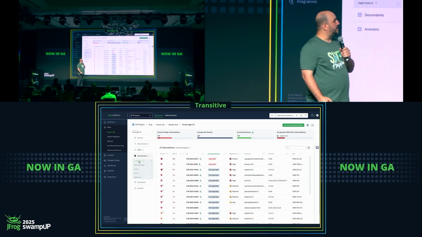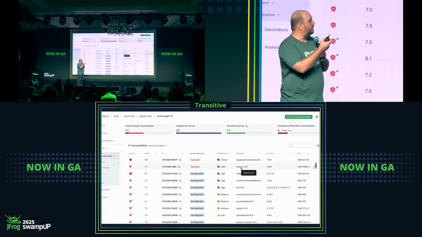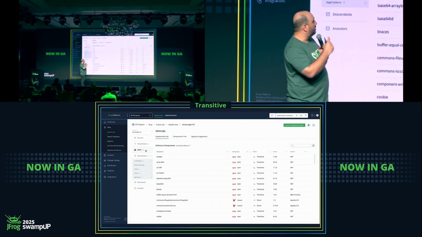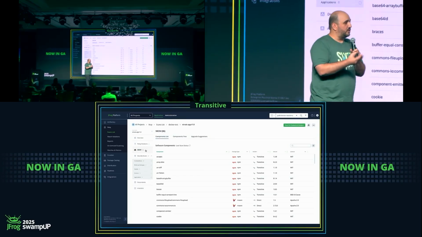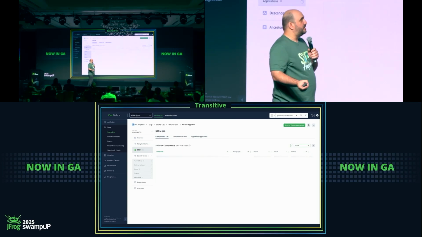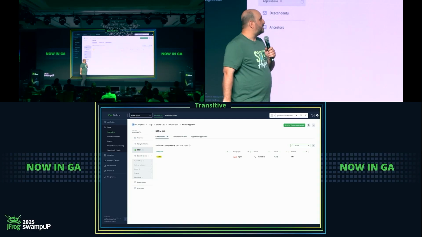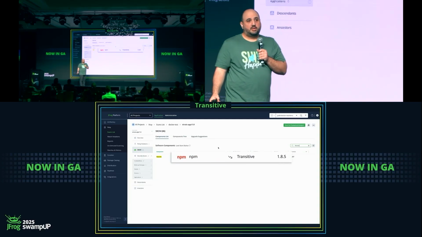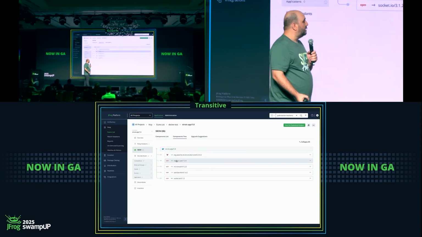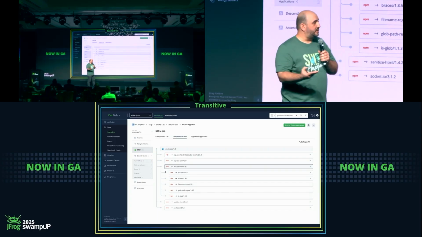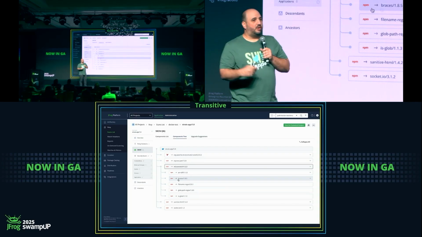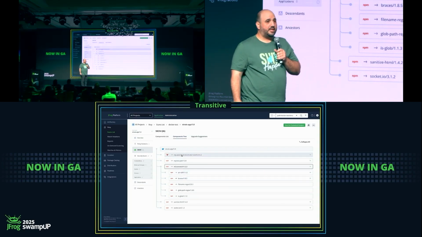So we see that we have 2 applicable vulnerabilities, and we want to check this one out. This one is in the Braces software package, so we understand that we have a problem. We want to look into that and see where it's coming from. So we go to our software bill of materials list, and we start searching for Braces to see where it is coming from, and we find it, and we see that it's an NPM package, and it's a transitive package. So we can go to our components tree, a new view that allows us to see really how our application is built, who the directs are, and what kind of transitives they bring with them. So we understand that micromatch is the direct package, and it brings the Braces package, which is vulnerable.